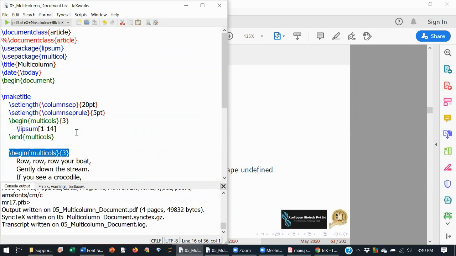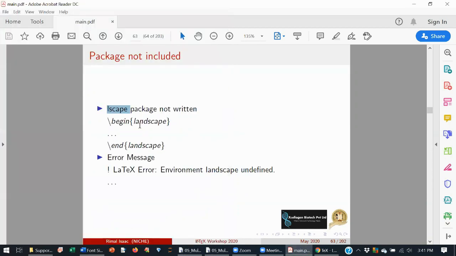So make sure that if you put a command that belongs to a package you did not define in the preamble, that will also lead to an error. Why? Because this begin landscape, end landscape is specific to the lscape package. Okay, in that case it will tell you environment landscape is undefined.